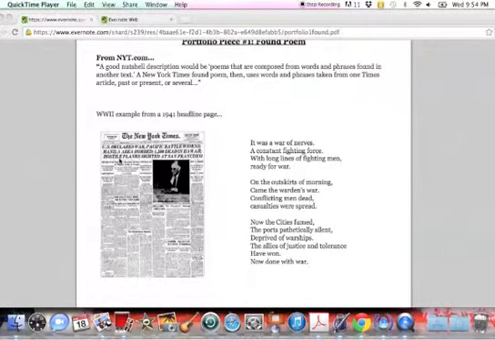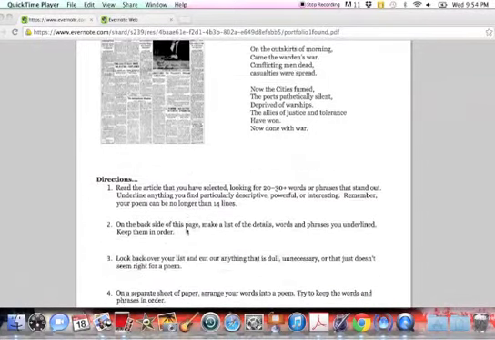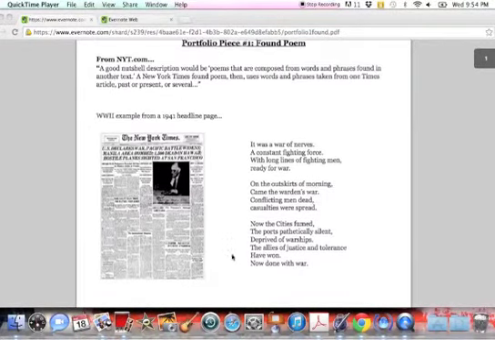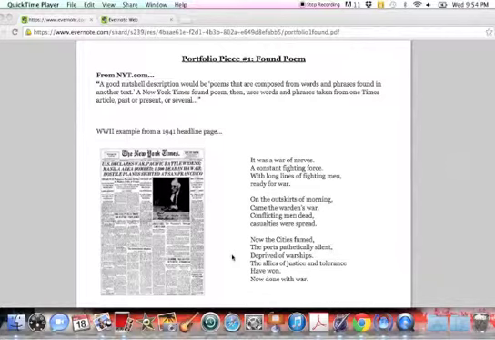So you could do a historical newspaper if you wanted to, but that would take some outside research. I've printed out some articles for you to pick from once we have time to do this in class in a few minutes. But this person picked this front page. Now, the person read and scoured this article following these directions. So first, the person kept a list of the details, words and phrases, looked back over it, and cut things out, arranged the words into a poem, gave it a title, and this is what it looks like.